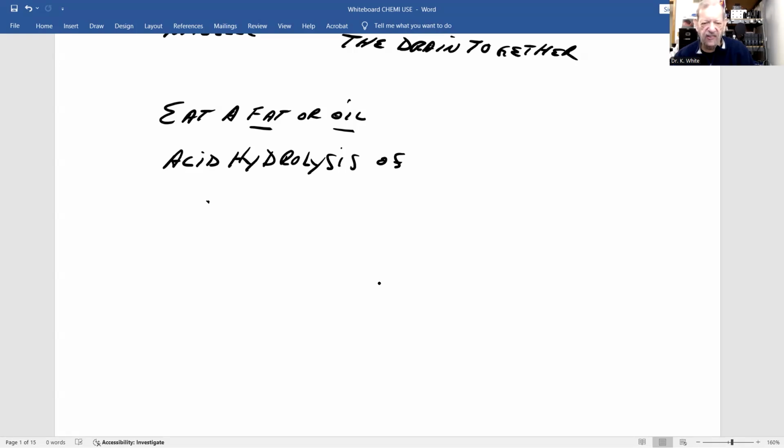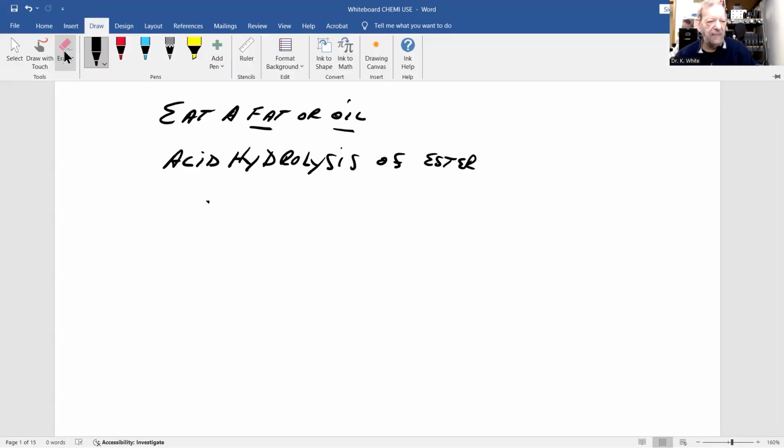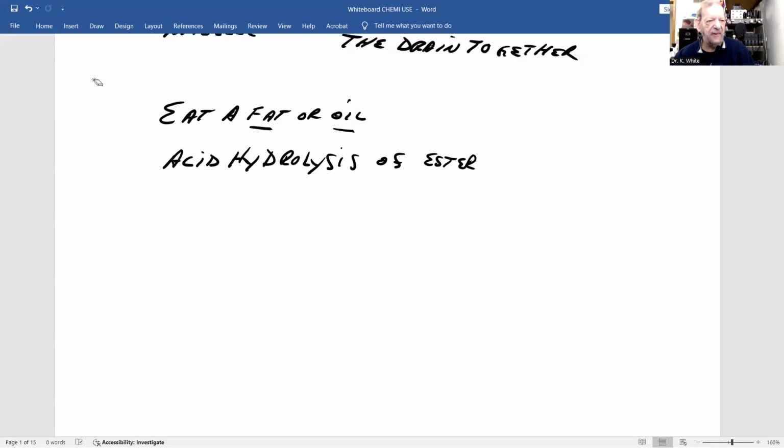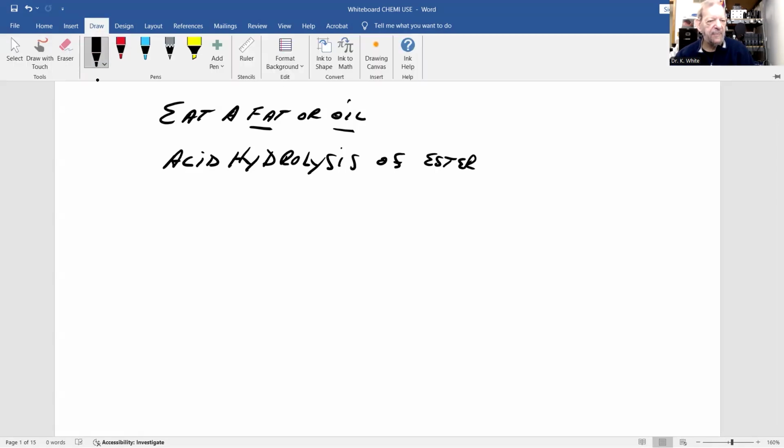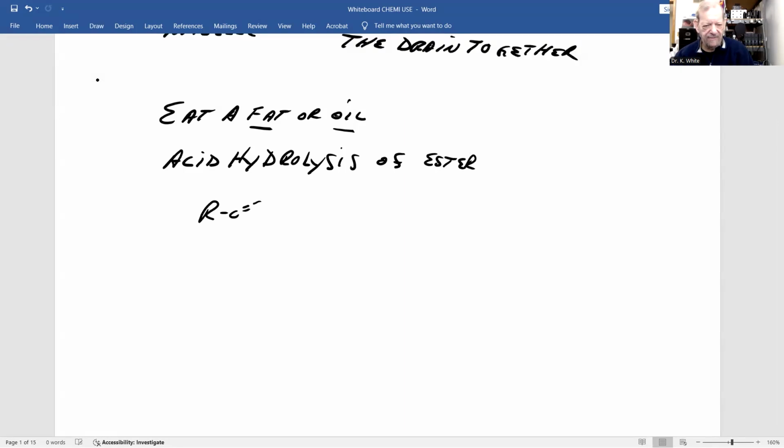So this is acid hydrolysis of an ester. And what's the general reaction for acid hydrolysis of an ester? An ester